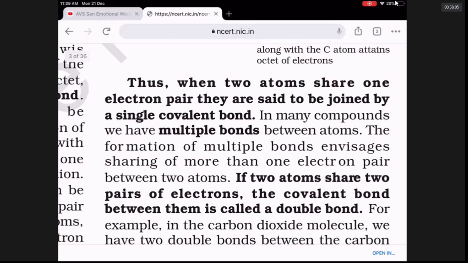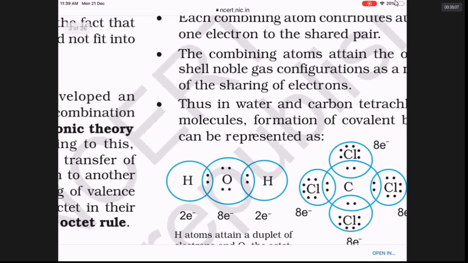When you are looking at water, H2O, hydrogen has 1 unpaired electron. 2 hydrogens have 1 unpaired electron each. Oxygen has 2 electron pairs above and below and 2 unpaired electrons on the left and right sides. The unpaired electron of oxygen and the unpaired electron of hydrogen make a bond. Similarly, on the right side. So H2O. After the bond formation, each atom gets a noble gas-like configuration.